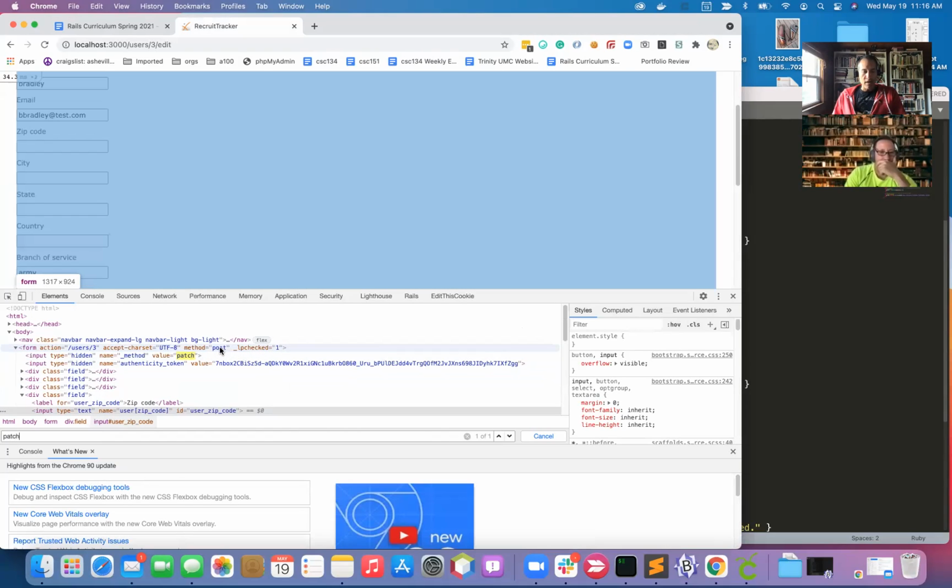Okay, here it is. So technically the HTTP implementation is a post request, but the way Rails gets around this, and I've heard this before, and I can't speak too broadly to this, but I'll just regurgitate back what I've heard, which is that the patch